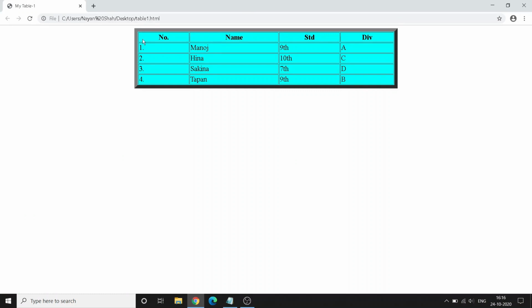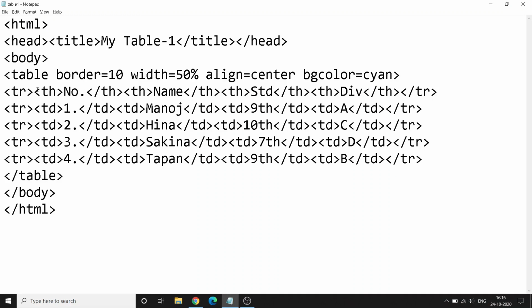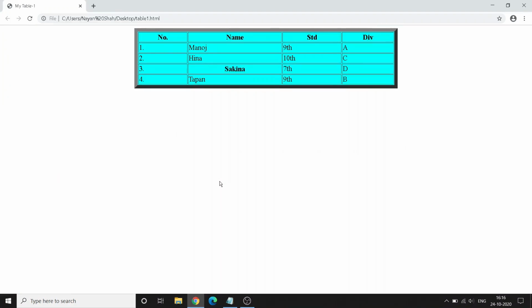You might have observed the first row is bold and centered. The rest of the row data is in normal font and left aligned because of TH and TD. Just to show you one example, if I change this TD where the name Sakina is written to TH and /TH, save it and then refresh.